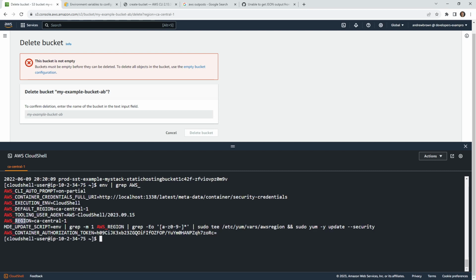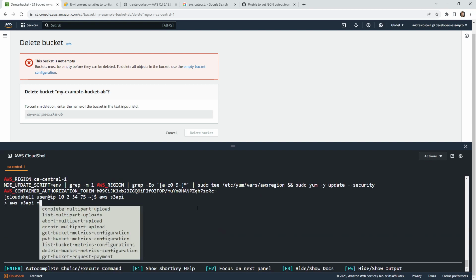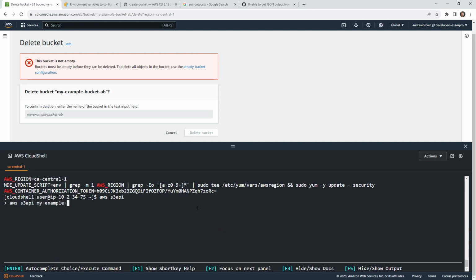So it is already going to deploy in that region because that environment variable is set. But if we want to override it, we can do that. And I'm going to go ahead and do that here. So we'll say my example bucket AB2. And in this case, we have to provide the